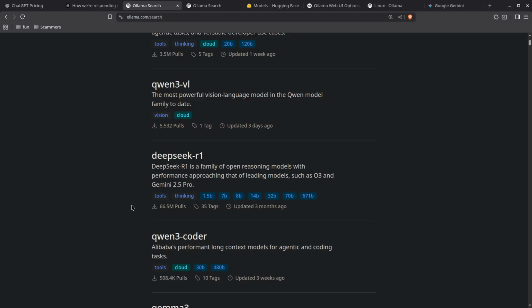Now, if you are dealing with something like maybe a 2060 laptop, or something with 6 gigs of VRAM or 8 gigs of VRAM, you might go with the 7 billion parameter model and see if that works. If that doesn't work, you might have to go down. But